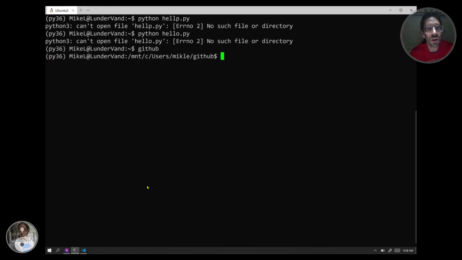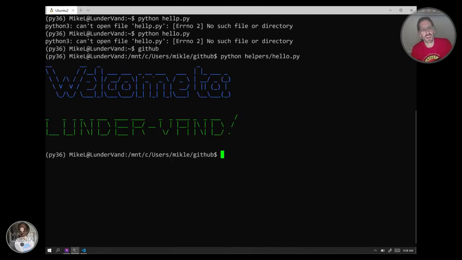GitHub. And I happen to know it's in the helpers directory. And there you have it. That's what you see. I'm dropping myself basically into a virtual env, so that all my Python dependencies are isolated. Whenever I do a pip install, it goes into here, and I'm not polluting the parent Linux system here. And I run my little hello.py out of my helpers, and I do a bunch of aliases that let